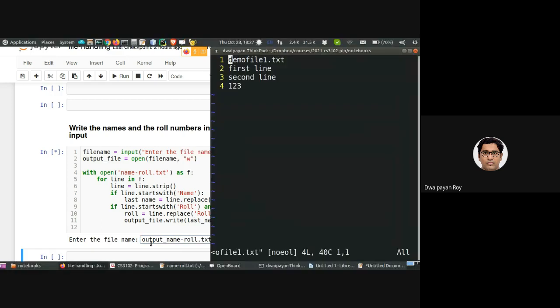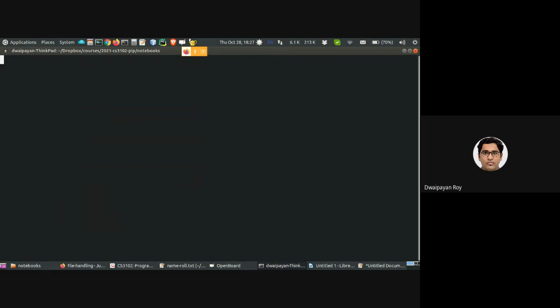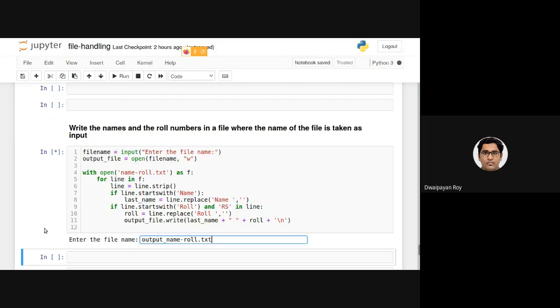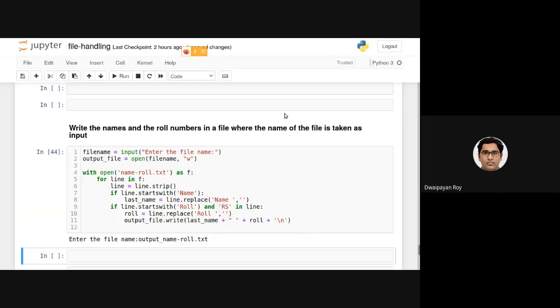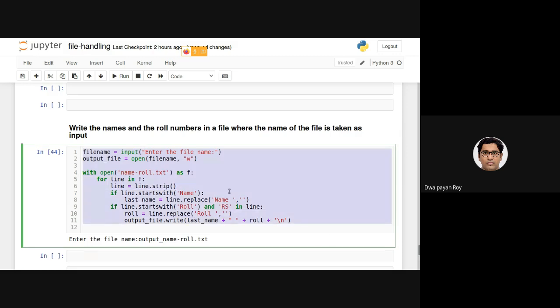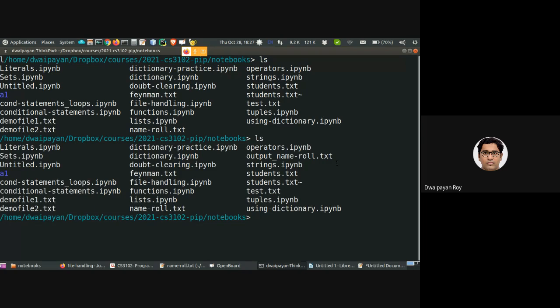Let's check that there is no file named output or anything with O, only operator. So if I give this, as you can see, the cell has been executed. Now if I list, as you can see, the output name roll.txt file has been created.